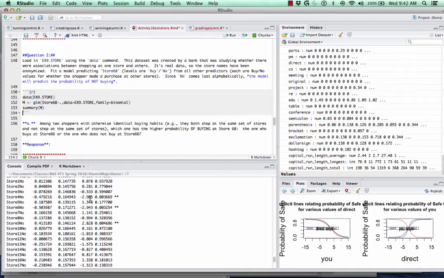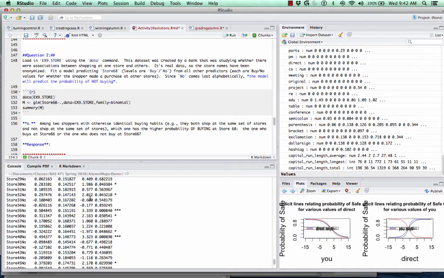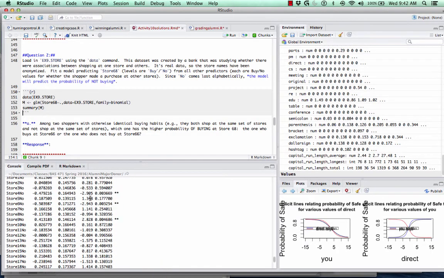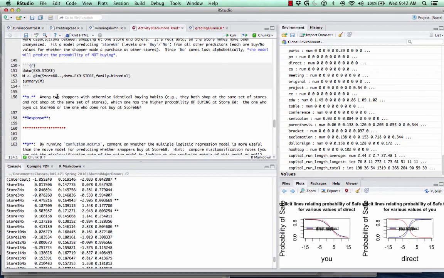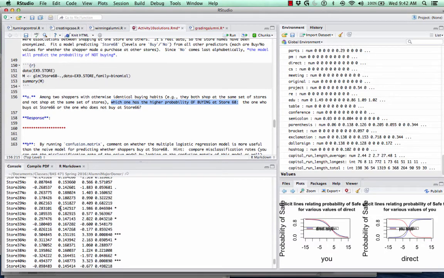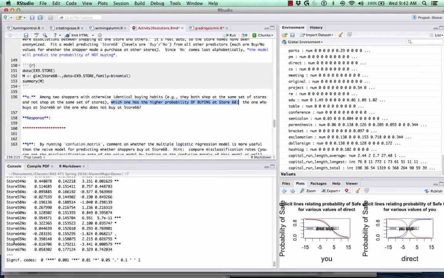All right, so every single predictor we have is categorical. Our response variable is categorical as well. And these numbers are going to help us compare different shoppers here. So part A says, among two shoppers with otherwise identical buying habits, in other words, they both shop at the same set of stores and don't shop at the same set of stores, which one has the higher probability of buying at store 68? The one who buys at store 66 or the other one who doesn't buy at store 66? So, all right. Let's scroll down to store 66, and what we see is,